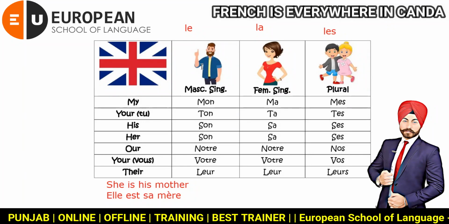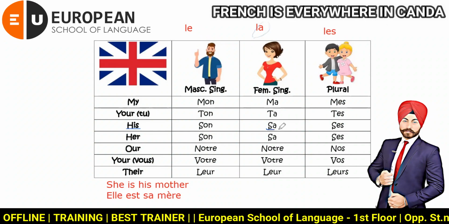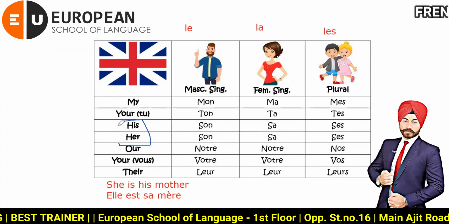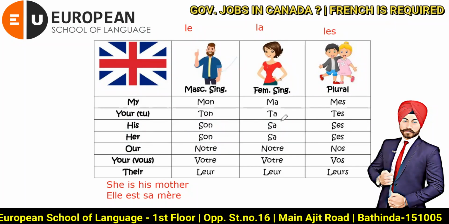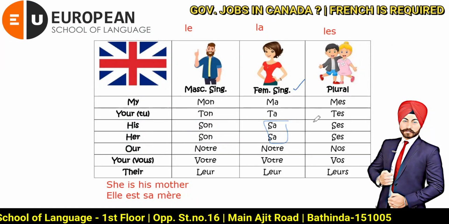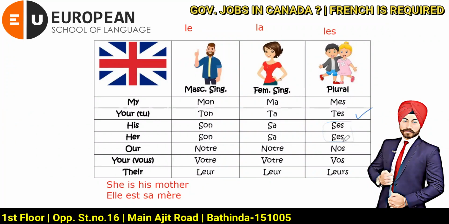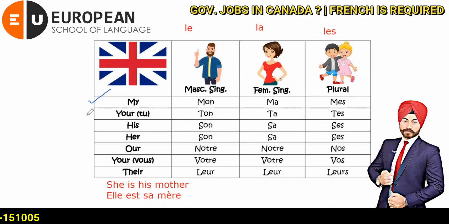क्योंकि mère का जो आर्टिकल है, mère is a female character, right? ला, so that's why his के लिए मैंने sa यूज किया। और आप एक और चीज देख सकते हो, his और her के लिए सेम वर्ड यूज होता है। For masculine son, for both his or her. Again, sa, feminine singular, same. Say is plural one. And it is very easy to use. बस हमें थोड़ी सी प्रैक्टिस करने की जरूरत है डिफरेंट सेंटेंसेस के साथ. और मैं रिकमेंड करूंगा कि हर एक पर आप मिनिमम 10 सेंटेंसेस लिखकर देखें घर पर.